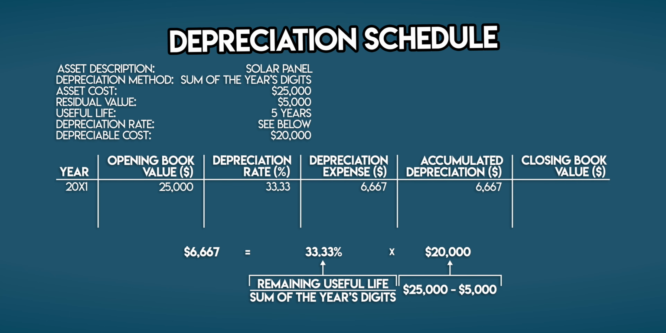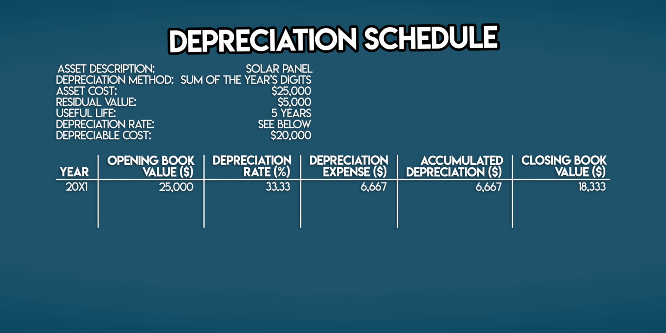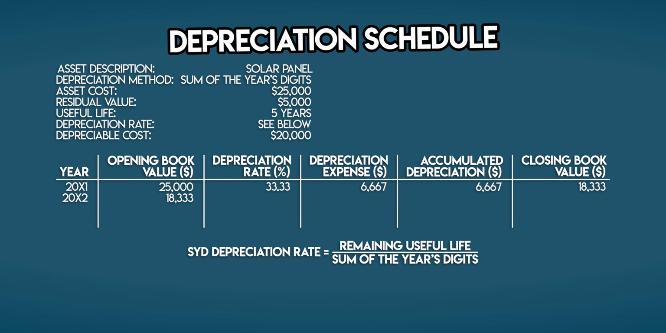We can work it out by taking your opening book value of $25,000 minus your depreciation expense of $6,667, which is $18,333. Now we'll repeat the process for the following period. Your closing book value in year 1 becomes your opening book value in year 2. Your depreciation rate is the remaining useful life of your asset divided by the sum of the year's digits. This is year 2, so your remaining useful life has reduced to 4 years. Sum of the year's digits doesn't change, it's still 15 years. So 4 years divided by 15 years gives you an SYD depreciation rate of